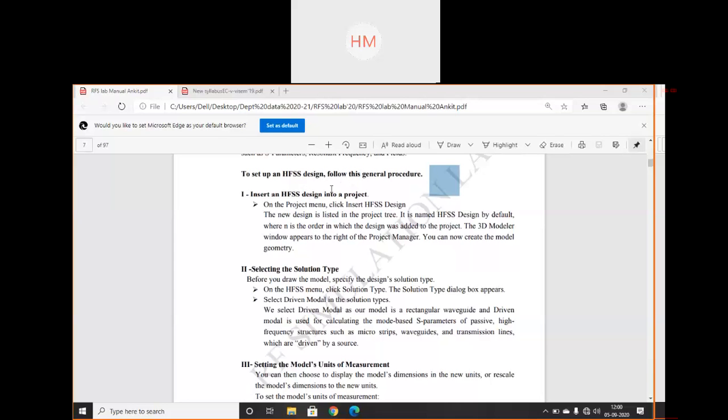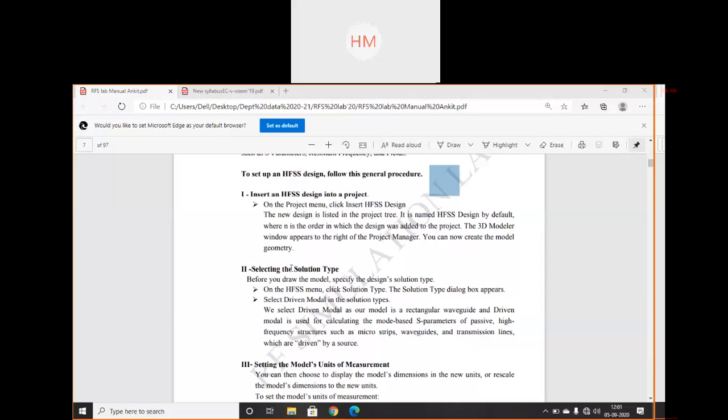To set up an HFSS design, follow this general procedure. Insert an HFSS design into a project. On the project menu, click Insert HFSS design. The new design is listed in the project tree.